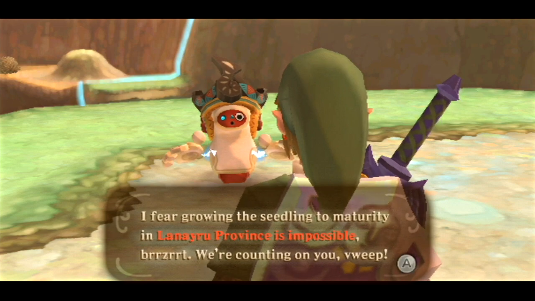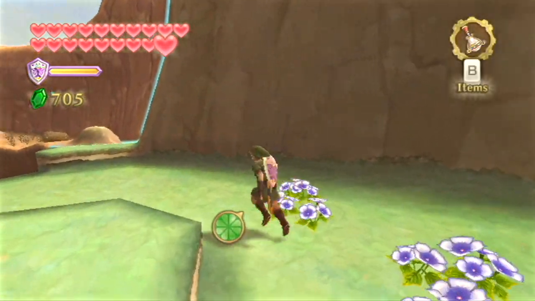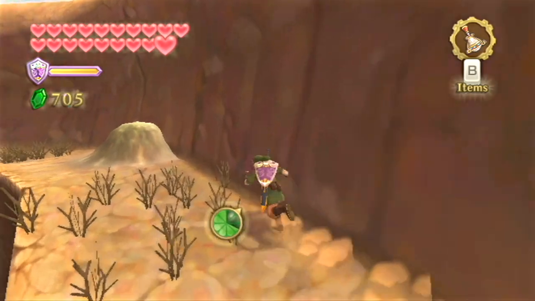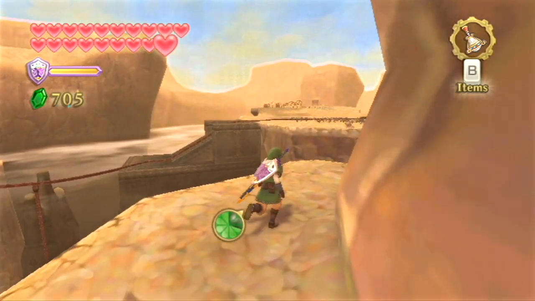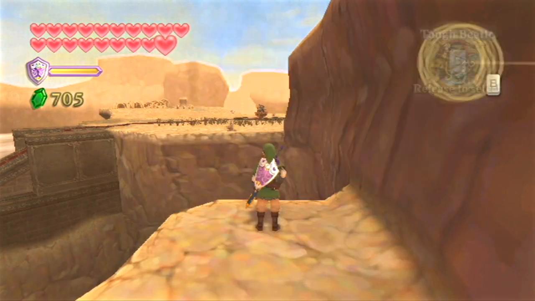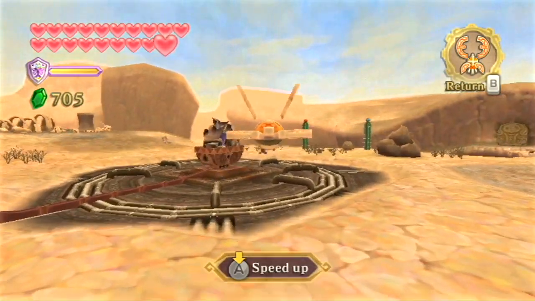We're counting on you. Yeah, so you can probably already tell where this is going. If not, allow me to jog your memory. Remember a while ago when we were back in the Seal Temple and Groose was saying how it would be kind of nice if you could plant a tree in this one area. It would really brighten up the place. Well, guess what? That's exactly what we're going to do,